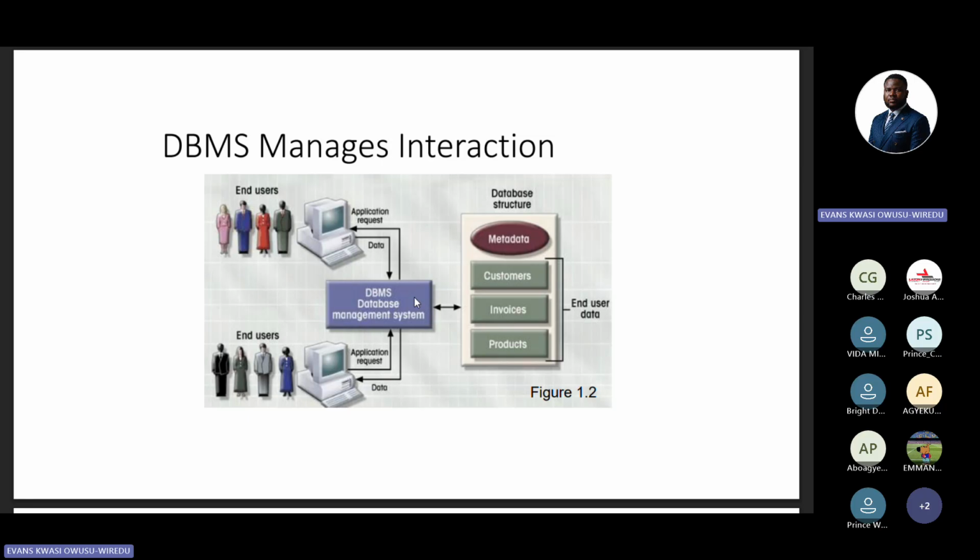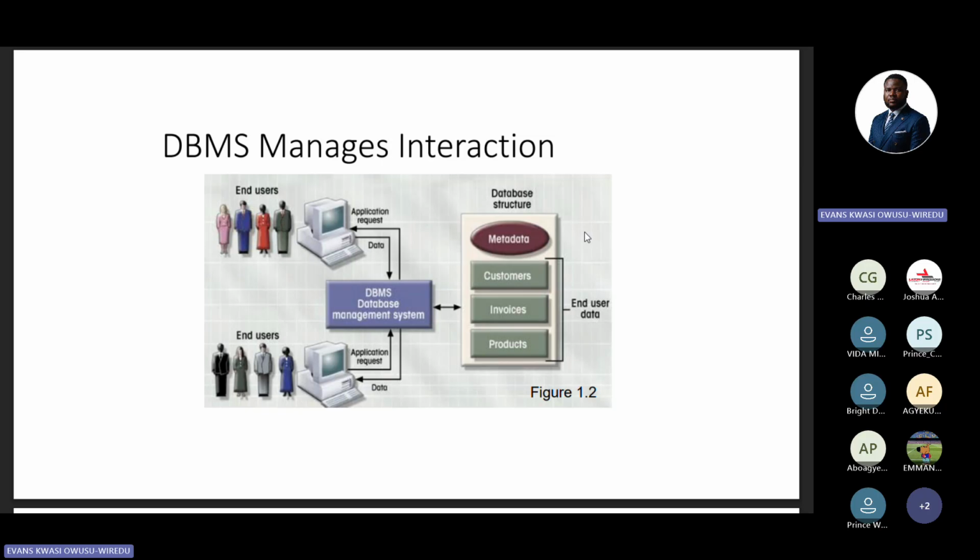So now that we understand how it works: basically, you are using the DBMS, the database management system, which is in the middle. Any user or any computer in that same department may have that centralized system. No matter which department they are in, they can have access to it. And then it is connected to a database structure in the background, which we call the back end, where those people who are keeping it for you work.